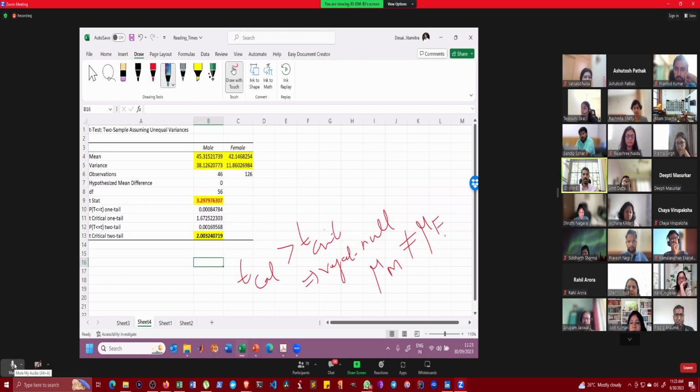Everybody okay with the process? The t-test assuming equal variance, when to use it? Like it has to be exactly equal, then only we'll go for that. What do you mean by exactly equal, Sandeep? The option in data analysis, t-test two sample assuming equal variance. So the variance has to be exactly equal to use that. That is what I'm saying. Our F-test is basically should tell us that statistically the variance